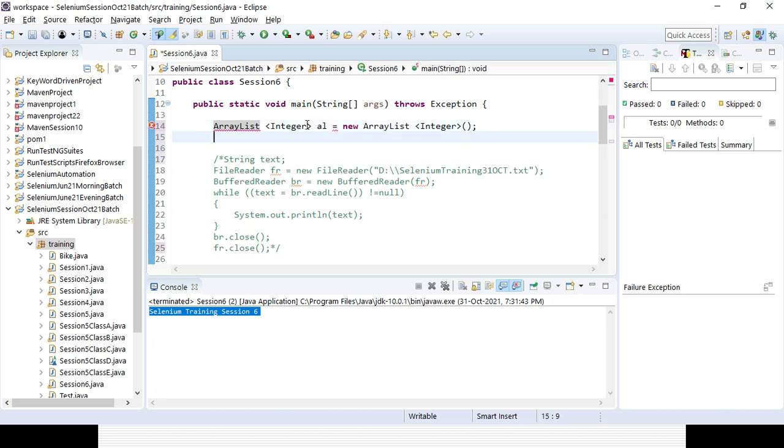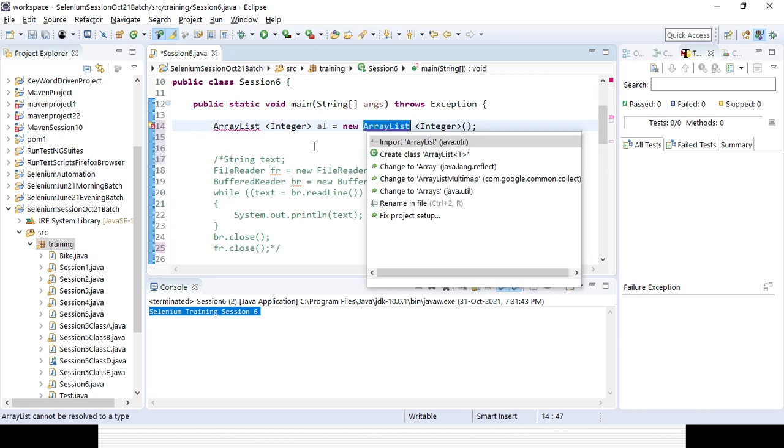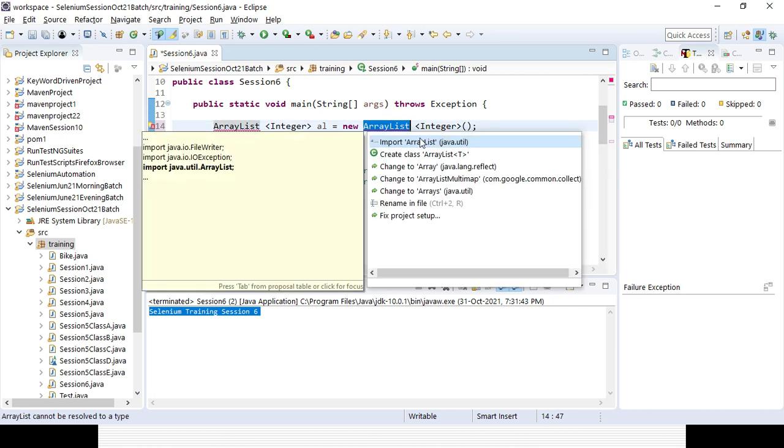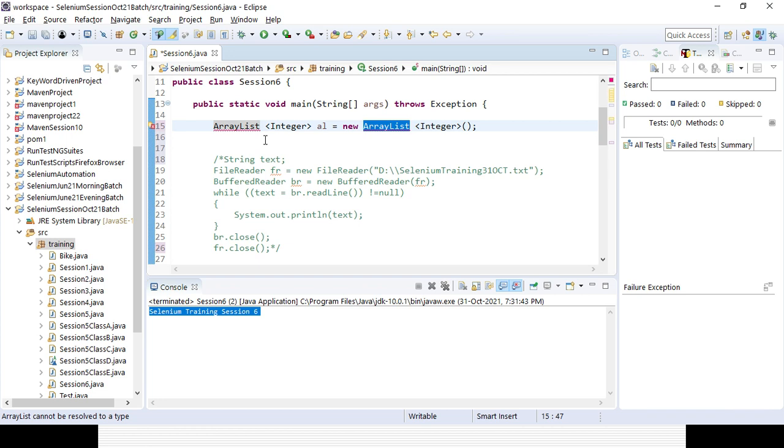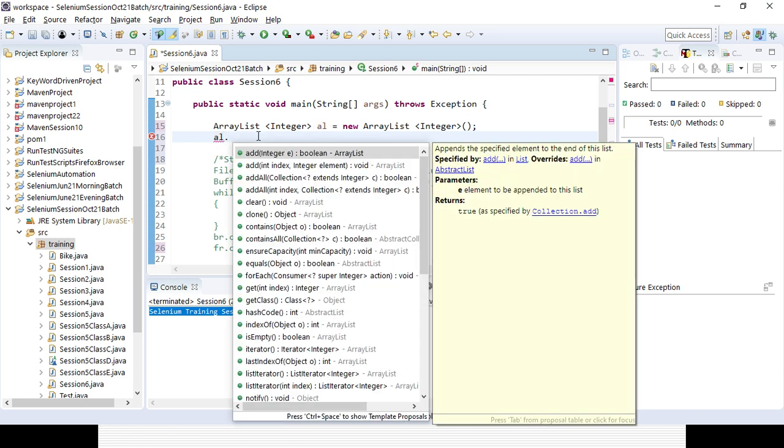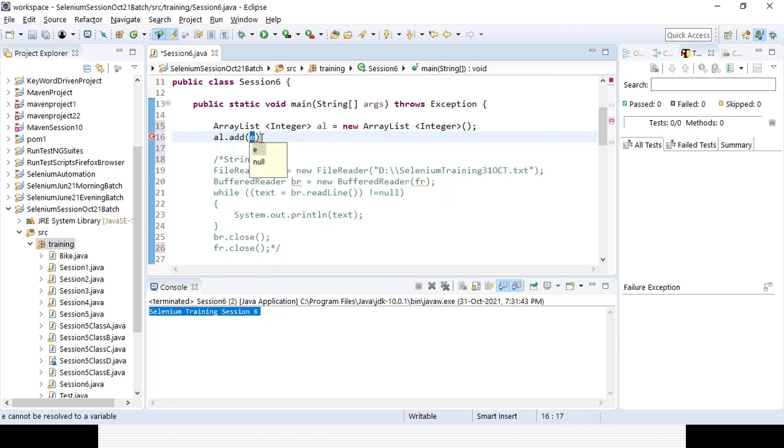Now if you want to add data here, you can add it one by one. Since it's Integer, I can add integers here. You can see the add function is coming. Suppose I give 30; similarly I can add multiple values.